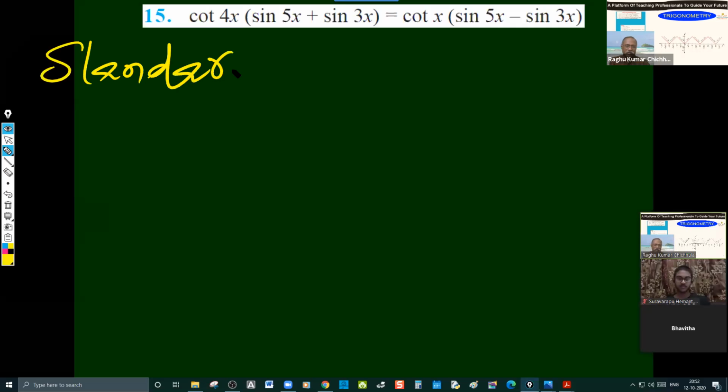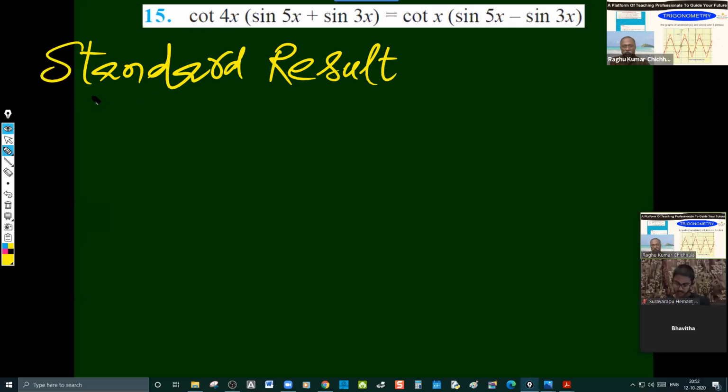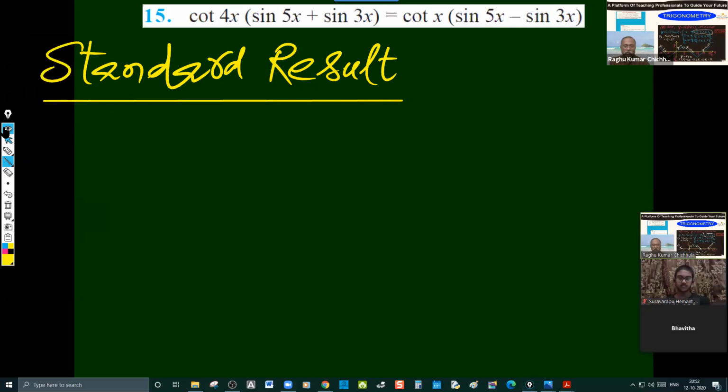Standard result. Compound angles you will have. Just follow this. I'm mentioning it simply as standard result because many more are there behind it. That is why I'm not giving any number. Number 1,